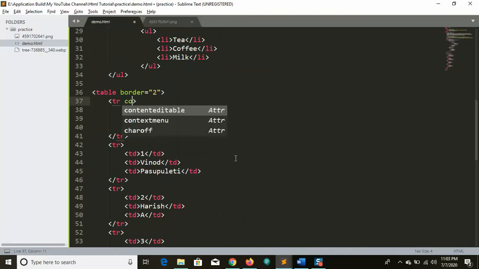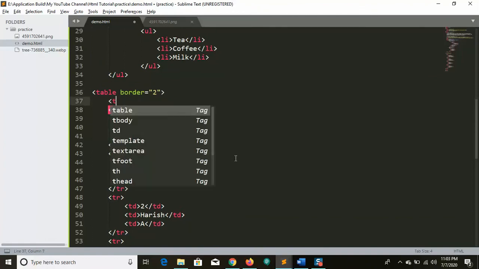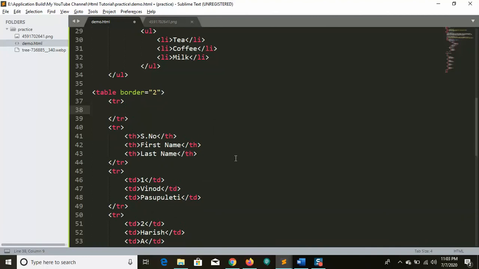So let's do col span here. Before going to the col span, let me have another tr on top. Sorry, th, and I need to have this as the student details. Think of it as the student details.